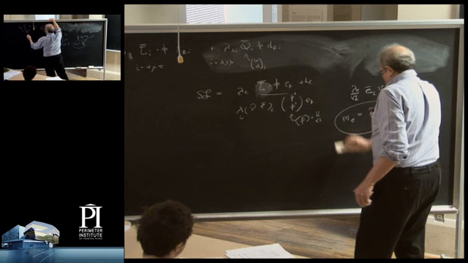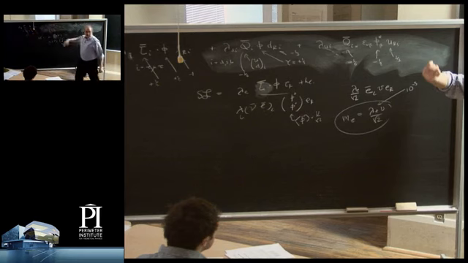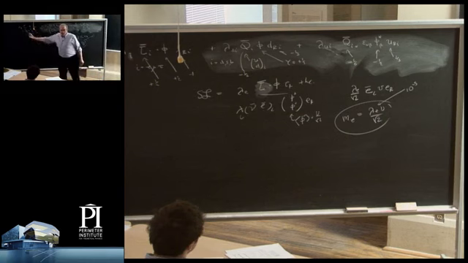This guy has hypercharge plus a half. This is plus a half, and this is minus 1. So again, the hypercharges work. This guy has hypercharge minus a half, minus a sixth. This is plus 2/3. So here we need hypercharge minus a half. And please notice that the complex conjugate of the Higgs field has the opposite hypercharge, so that will supply it. So this Lagrangian here is perfectly SU(2) cross U(1), actually cross color, invariant.